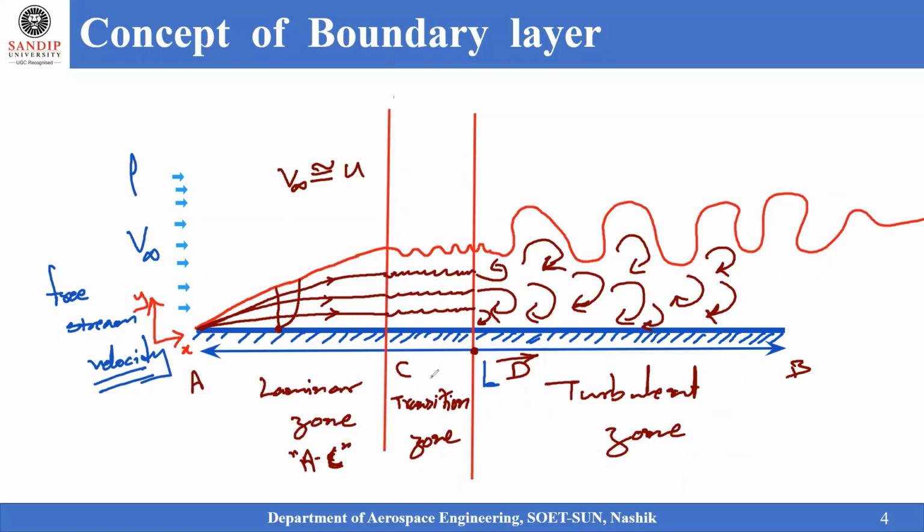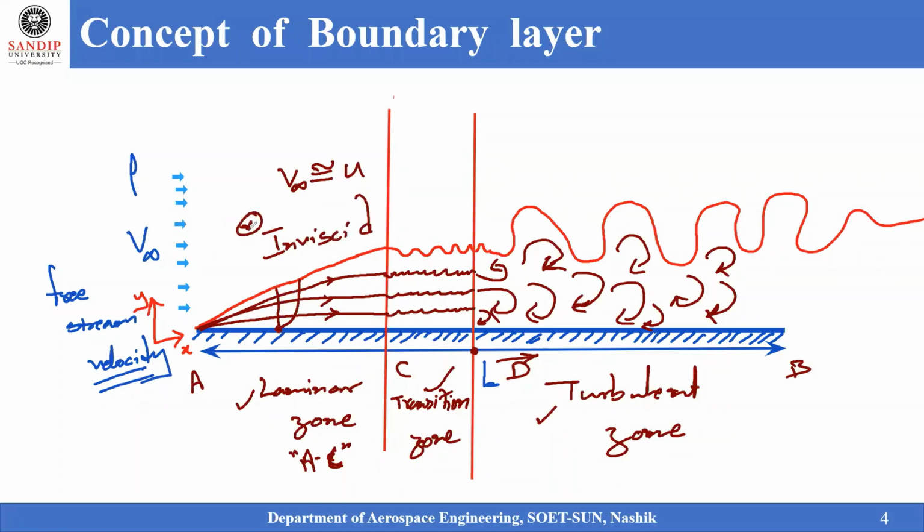So on a flat plate, we have demonstrated the laminar zone, transition zone, and turbulent zone. So on this flat plate, this is possible, where the fluid flow is initially traveling like this, and within this region only this behavior is happening. Now what is happening above this, because the velocity is traveling even in this region? So above this region, the fluid will be behaving like an inviscid fluid in nature.